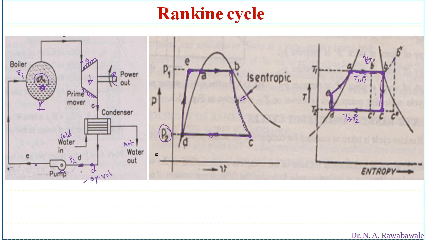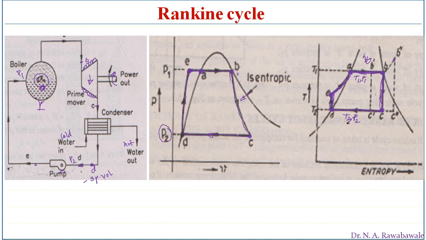So the pump is used to increase pressure from P2 to P1. At point E, the sensible heat is added and the temperature of water is increased to temperature of boiler, and then the water becomes saturated water. Again it starts to evaporate. The feed water which is supplied into the boiler gains first sensible heat, then it gains latent heat of vaporization, then it is expanded. So these are the processes which are involved in this Rankine cycle.